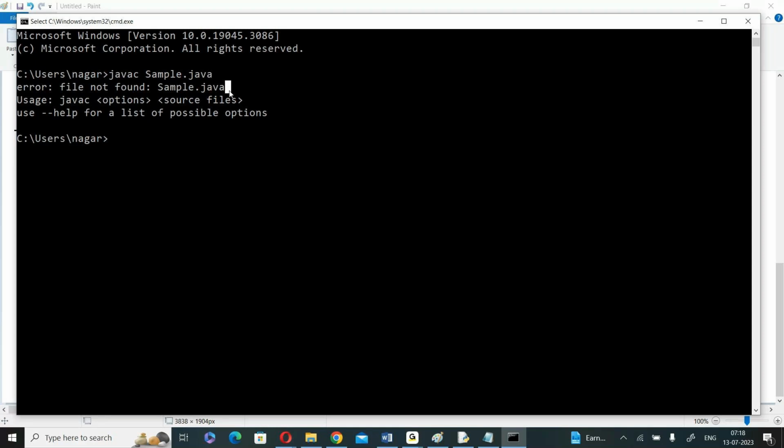Why? You already set the path. How to move to the location in the command prompt? D drive. Simply D colon. I am moving to D drive, but the file is not directly available. I have one folder, cd space Java batch 37. Press enter. Within this folder, my Java file is available. Clear? Simply go to the path where your file is available. Okay. Now,